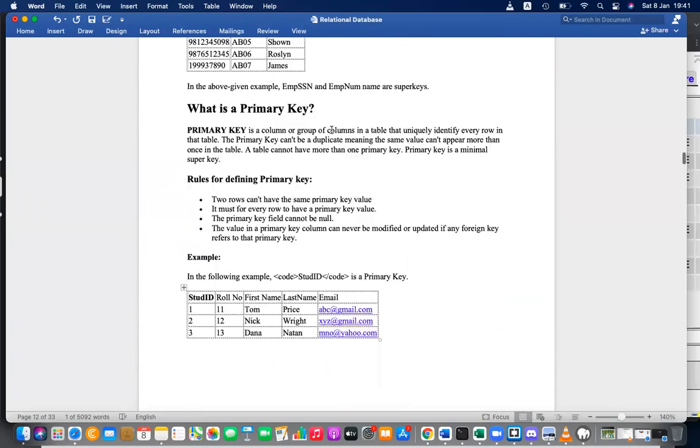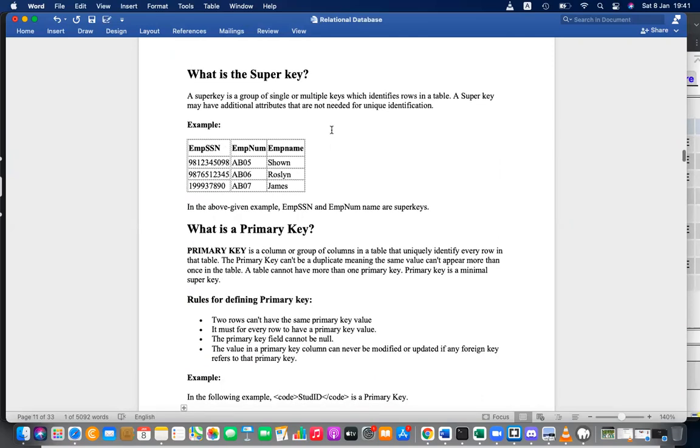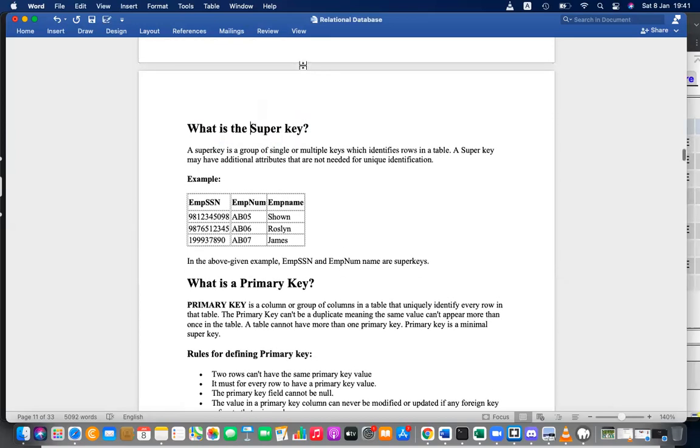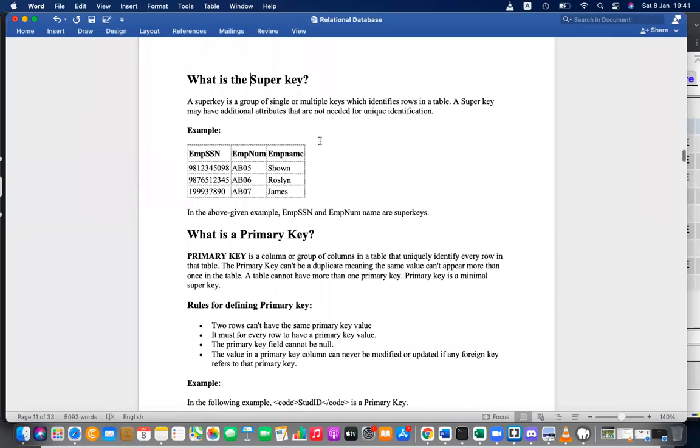So let's not write much, let's write about these points. Please write the heading: keys in a table. Don't write everything, just write: super key, any unique identifier, any single or multiple keys which identify a row uniquely.